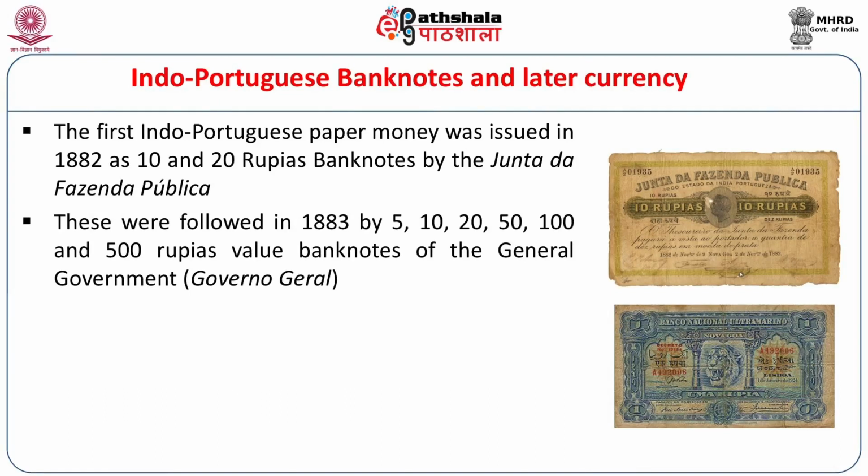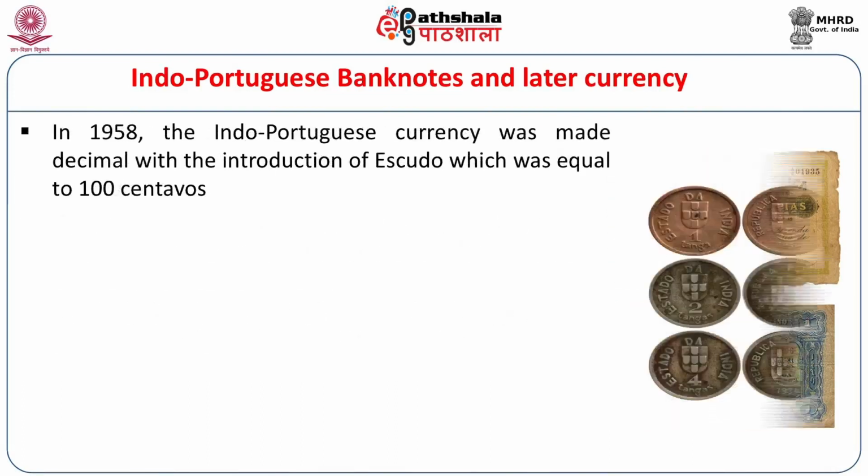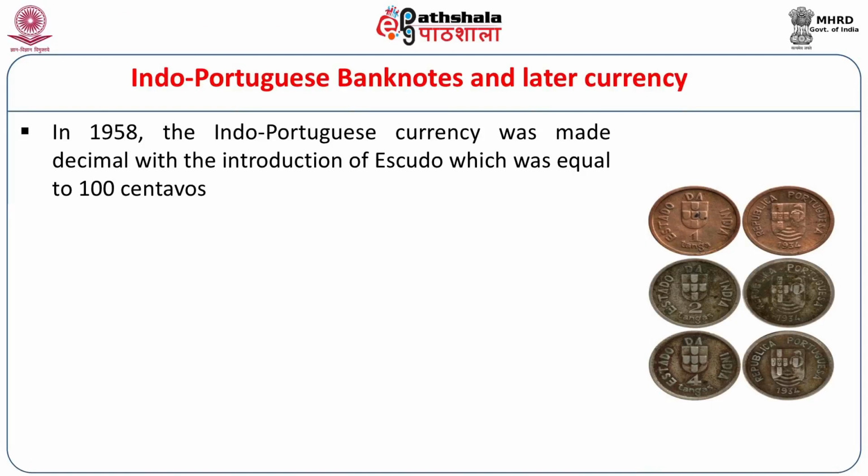Later in 1883, the general government of Portugal issued coins in the units of 5, 10, 20, 50, 100 and 500 rupees. And finally in 1906, a new authority took over, the Banco Nacional Ultramarino, which was the overseas bank of the Portuguese, which issued 5, 10, 20 and 50 rupee banknotes for the issue and use in the Portuguese territory. In 1958, the Indo-Portuguese currency became decimal with the introduction of the escudo, which was equal to 100